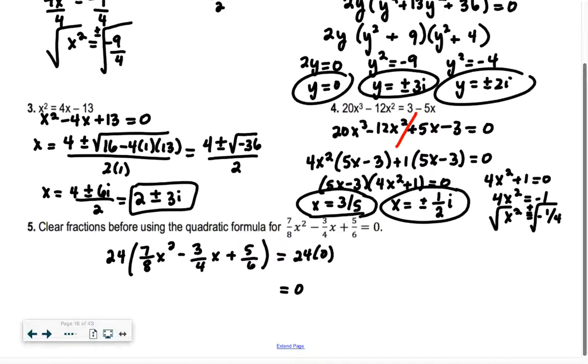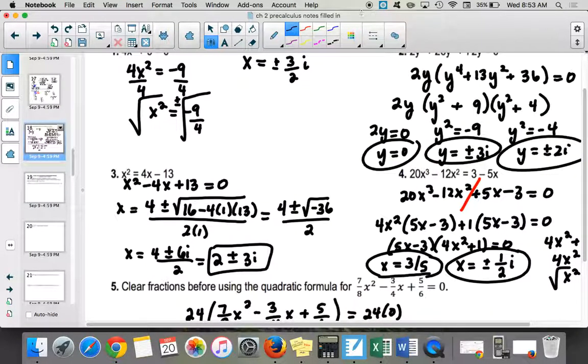So I have 24 times 7 over 8. So the 24 and 8 reduce down to 3. So I get 3 times 7 is 21. And then 24 and 4 reduce down to 6. So 6 times negative 3 is negative 18. And then 24 times 5 over 6 becomes 20. Yep. And now you can do quadratic formula. Yeah, the numbers will be big, but it will work out. So I'm just going to write etc. We know how to do the quadratic formula, right? All right, so I'm going to stop there, and then we'll do the